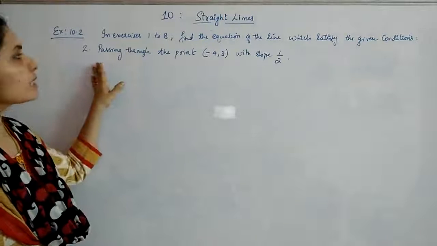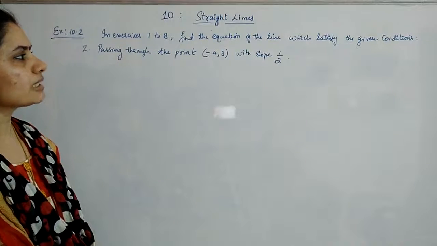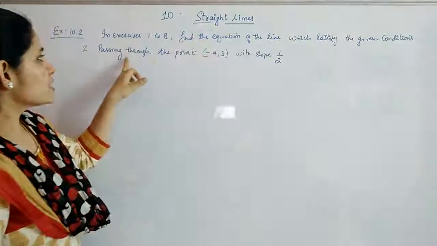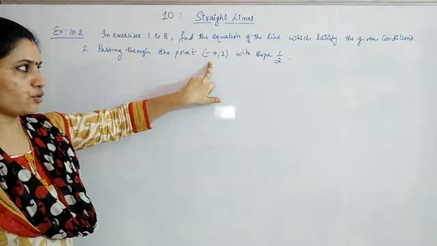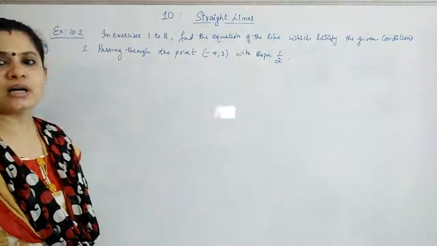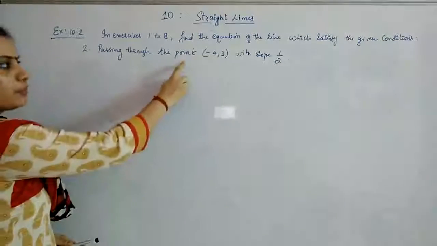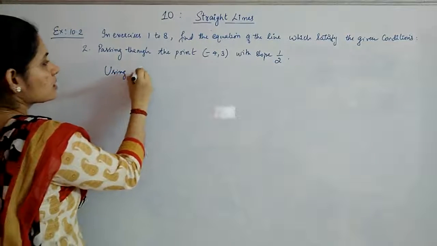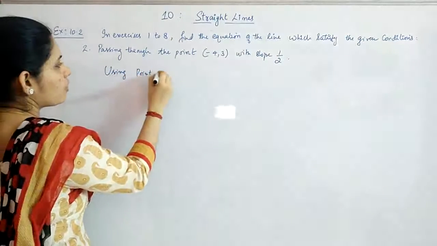Second question is, passing through the point minus 4, 3 with slope 1 by 2. That means you have to find out the equation of the line which passes through the point minus 4, 3 and has the slope half. Slope and a point means you can use point slope form. So using point slope form,